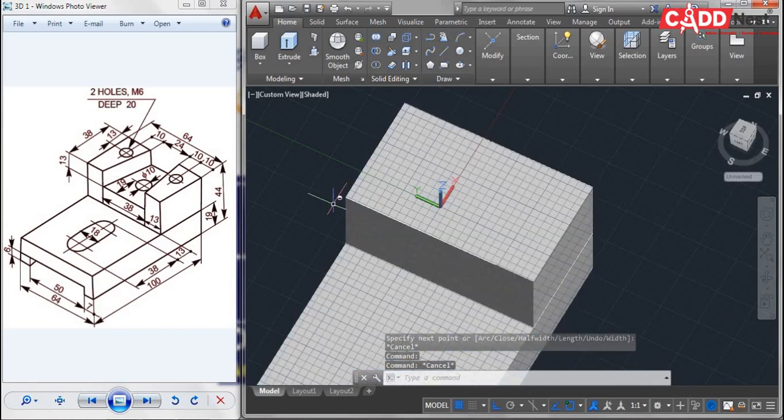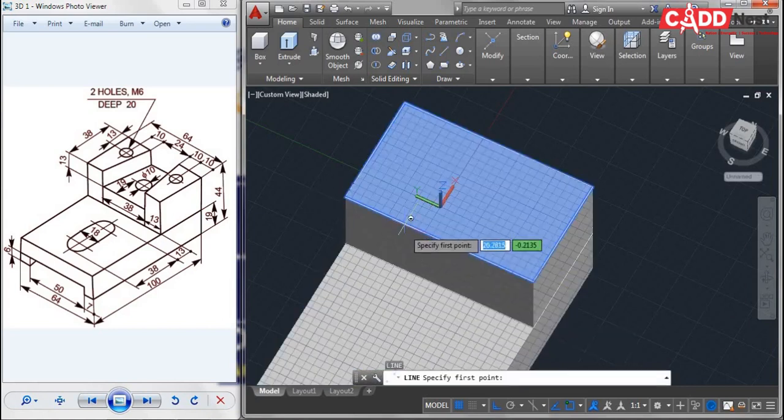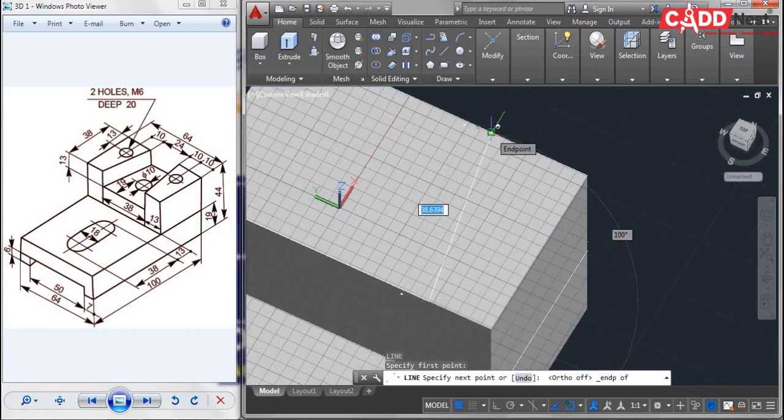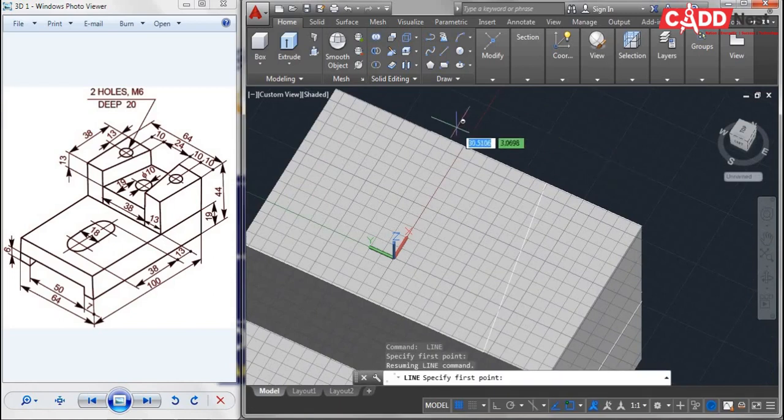Let us take a line and connect our lines. That is, here I can see the end point of the second line, this end point to this end point, like this. Again I'll be taking my line from this end point to one more end point.